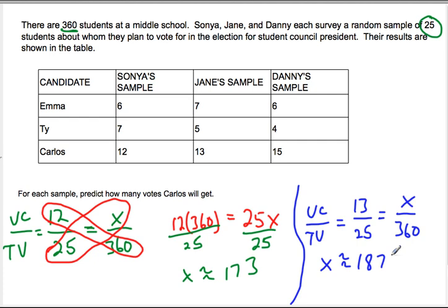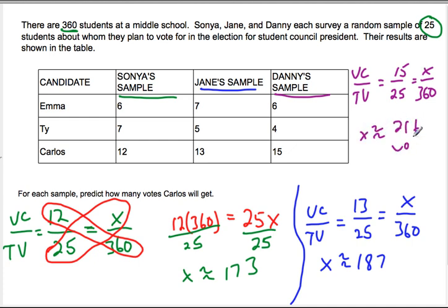Okay, so that was Jane, and this one was Sonia. And let's try Danny. His sample gave us votes for Carlos of 15 over 25. And so his estimate would give us approximately